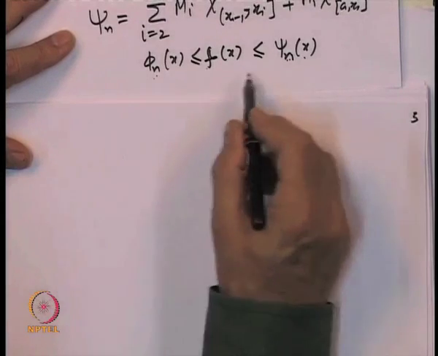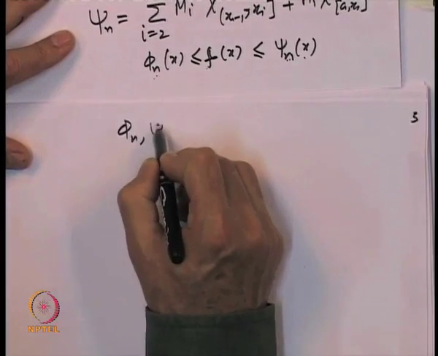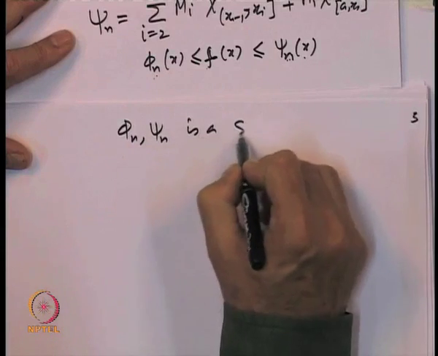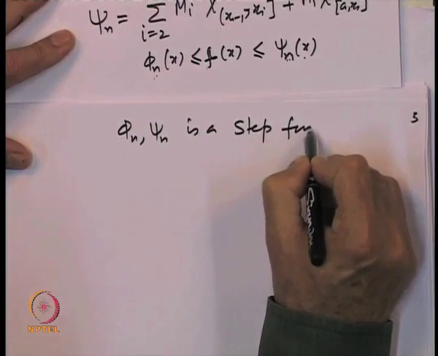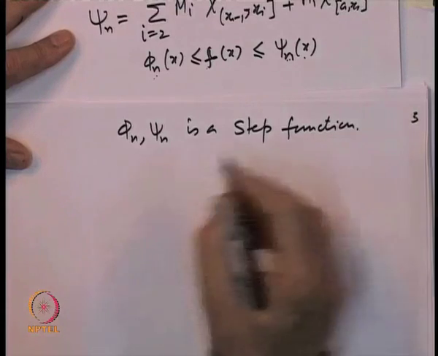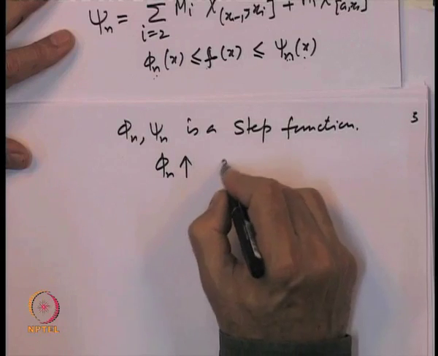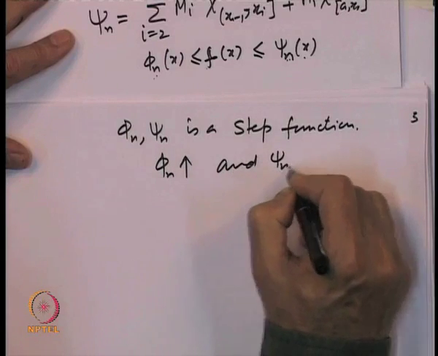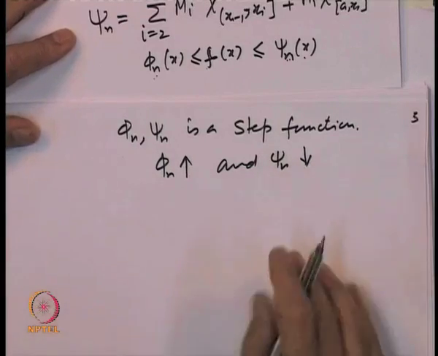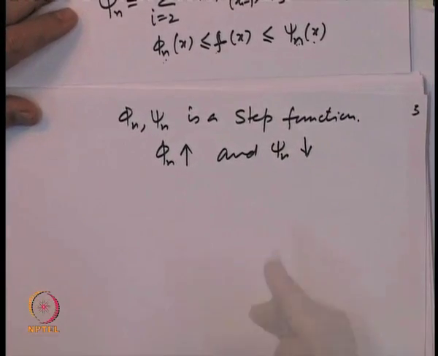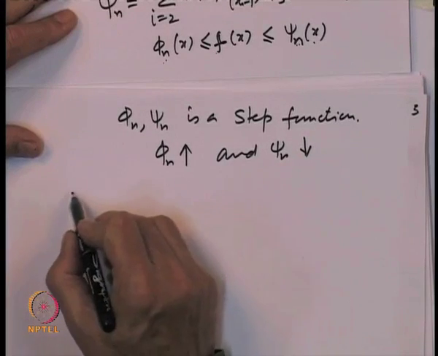So, we have phi_n's. Each phi_n and psi_n is a step function, phi_n's are increasing and psi_n's are decreasing. Okay. And moreover, further,